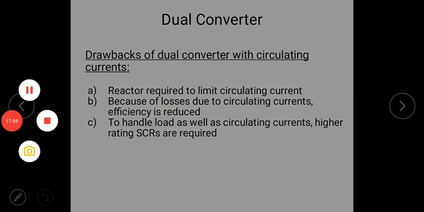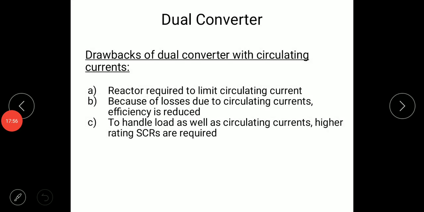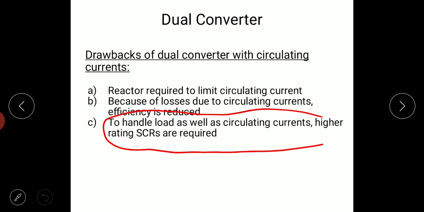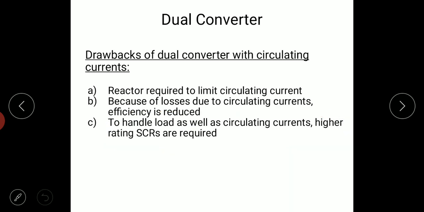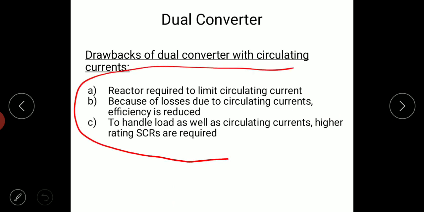And the third point is that since the converters will have to carry the load current as well as the circulating current, remember that the circulating currents are not eliminated, they are only limited. Since the SCRs have to carry both the load current I0 as well as the circulating current, the rating of SCRs will be required higher. We will require higher rating SCRs in this case. Even